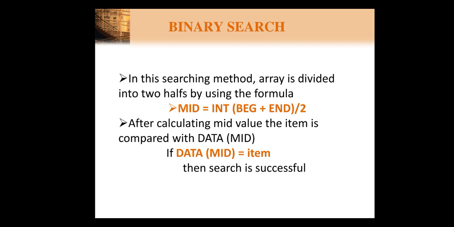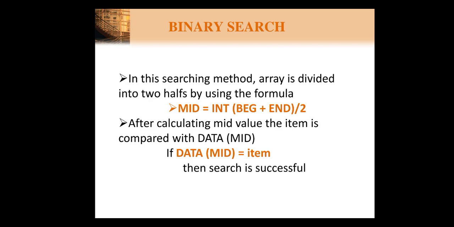Okay, so beginning is nothing but the first index of your array, and end position is nothing but the last position of your array. So it divides the array into two arrays by calculating the midpoint of the array with the help of a formula: mid equals beginning plus end divided by 2. Sometimes with this formula you may get a floating point value like 3.5, so we have to take only the integer part. So you need to take the integer of (beginning plus end) divided by 2.